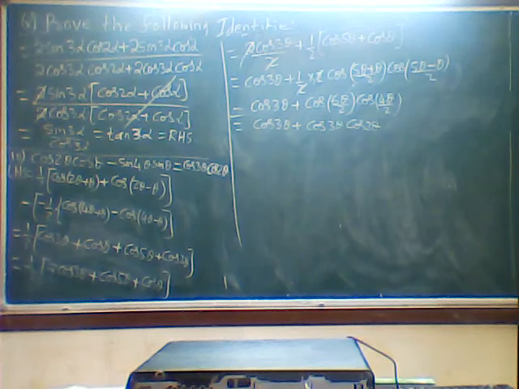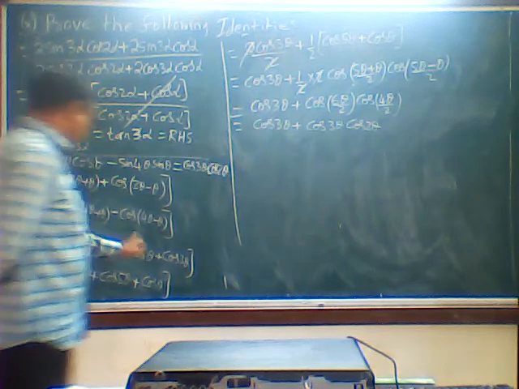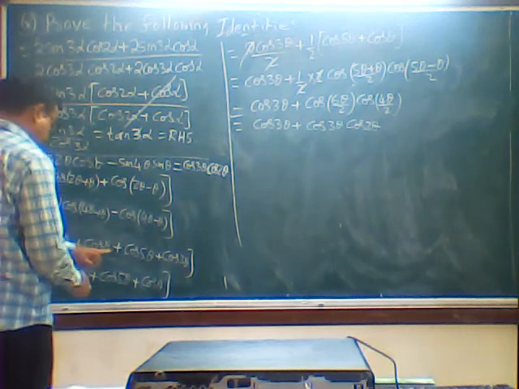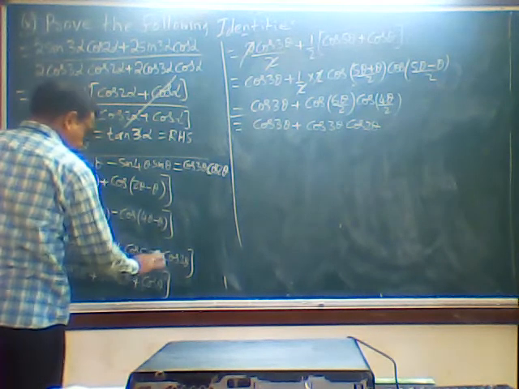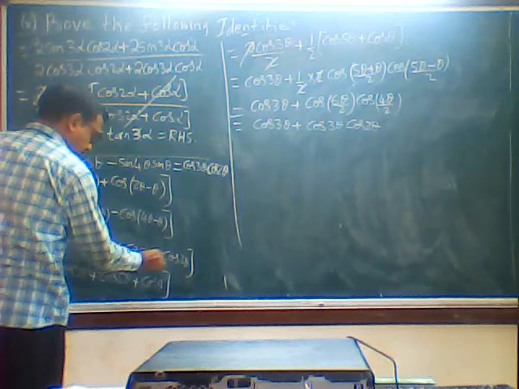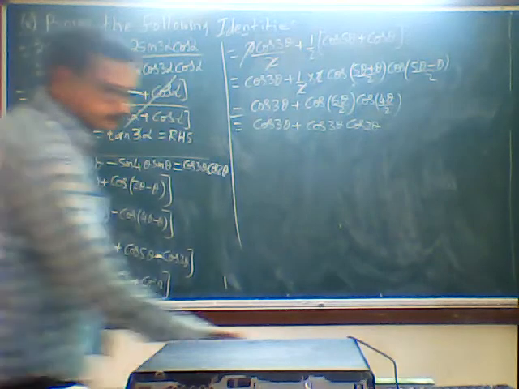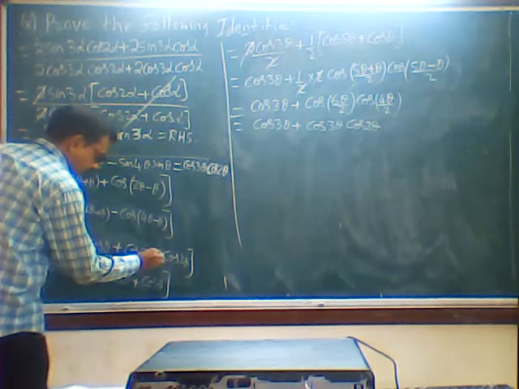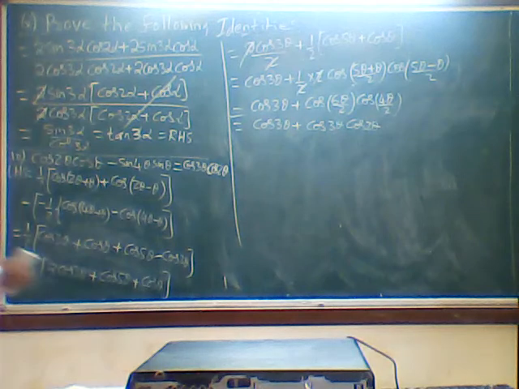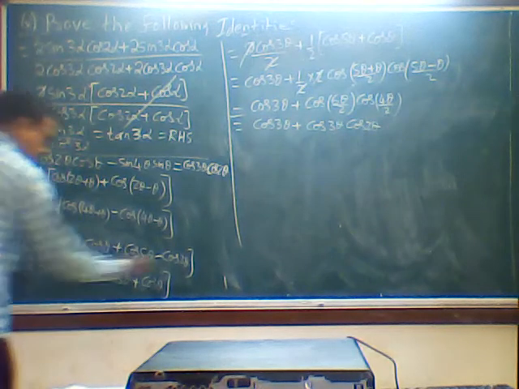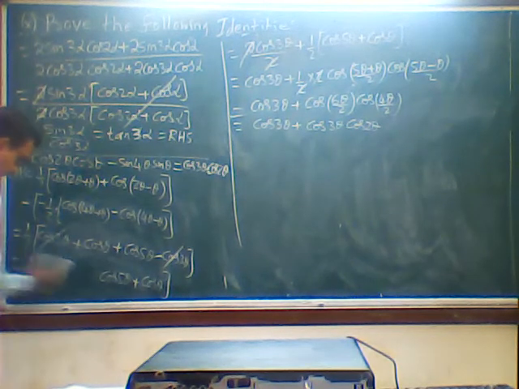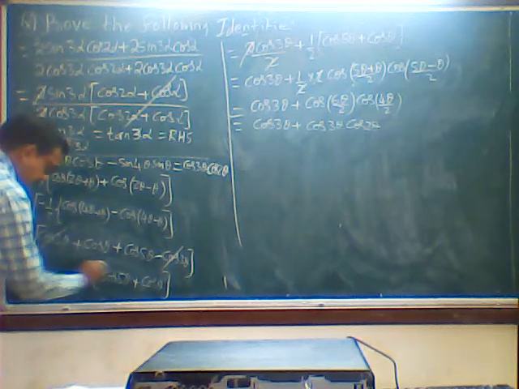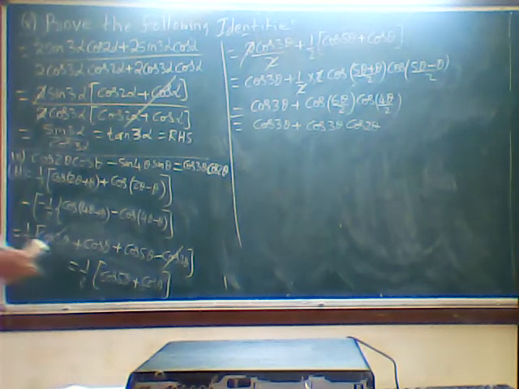I have done it wrong here. See, this is minus, this minus minus becomes plus. Then this should be minus only. This minus minus this plus, and this is minus inside. So we get cancelled. Got it? Minus this will go, so I am left with this. Here also the same way.